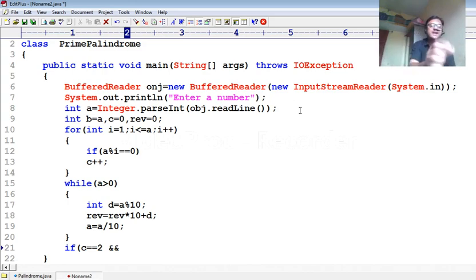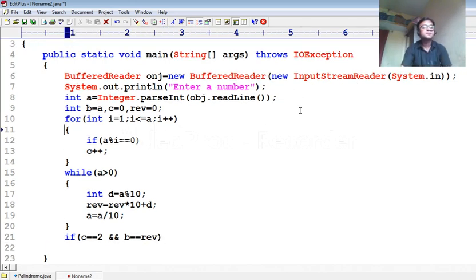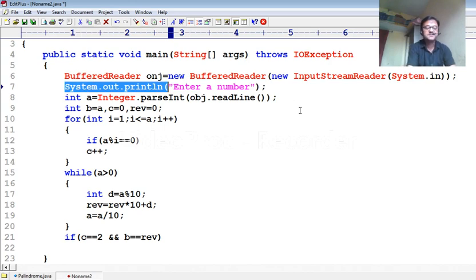So original is a, but I stored this a in b. Why? Because after digit extraction a becomes 0 and b remains as the original value. So I compare with b equal rev. So if both conditions are true at a time, then it's a prime palindrome.